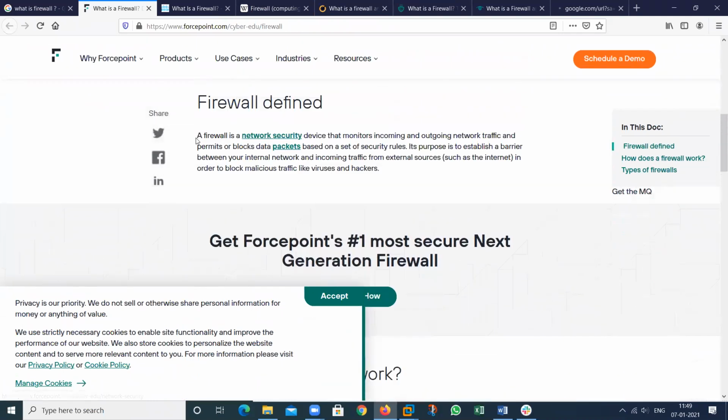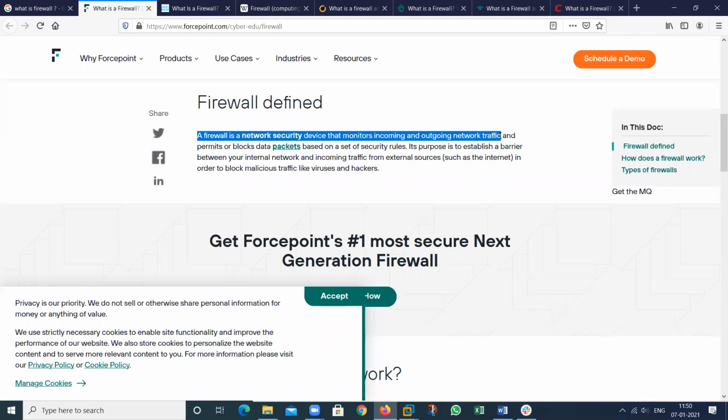So what is firewall? Firewall is a network security, or we can say it's a device, and what is the work of this one? Monitor. What types of monitoring? For the incoming packets and for the outgoing packets. The packets are known as the network traffic. It means when we send the data, data is in the form of packets.